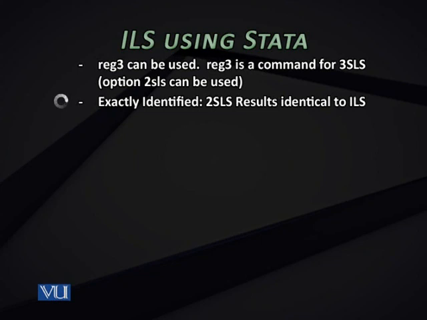So in fact, for exactly identified equations, you need to apply indirect least square. And for over-identified equations, you need to apply two-stage least square. But as we'll discuss two-stage least square in future, and we'll also prove and come to know that if we apply the two-stage least square procedure to an exactly identified equation, the parameter values are the same as if we would have applied ILS. So we'll use the command which is basically designed for two-stage least square, but we will apply it to an exactly identified equation, knowing that two-stage least square and ILS provide the same estimations in case